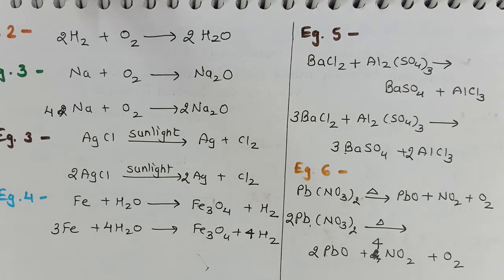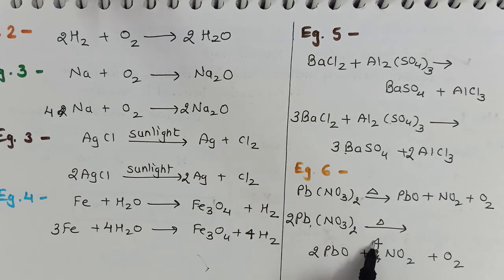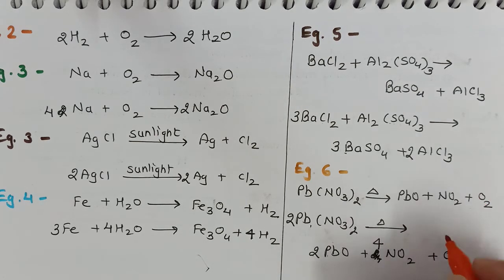Now comes the question of oxygen. 3 2s are 6 and 2, that is 12 atoms of oxygen on the reactant side. Let us say on the product side 4 2s are 8, 9 10 and 11 12. So oxygen is also balanced, and therefore we will say this is a balanced chemical equation. This is an important example